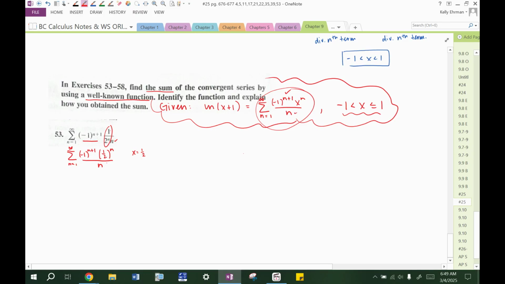So what is the sum of this series? The sum of this infinite series is equal to ln of 1/2 plus 1. So it's equal to the ln of 3/2. We don't need to plug that into a calculator. We could plug it into a calculator, but I know this. It says explain how you obtained the sum. I know this is true because the sum of the power series